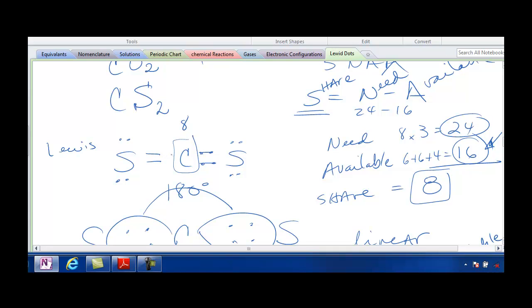So I have 2 regions. This fellow is negatively charged, and so is that. And the angle is 180. Okay, so this is in your notes. I have no lone pair, so electronic geometry and molecular geometry are the same. What shape do you think this is? Linear. Okay, so if I go back to my